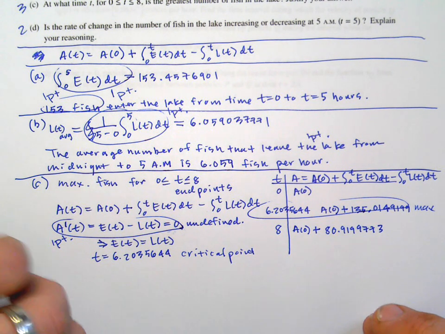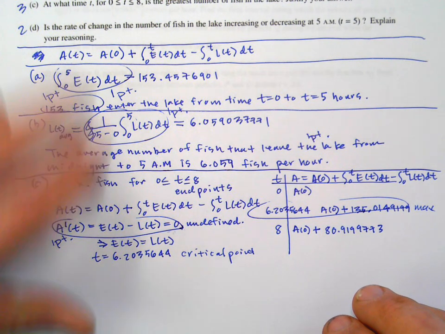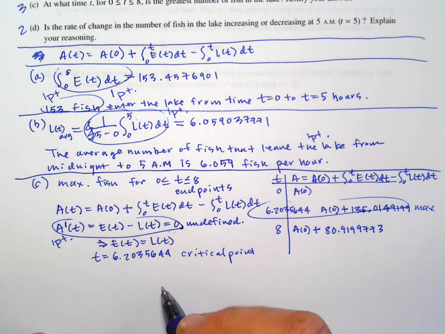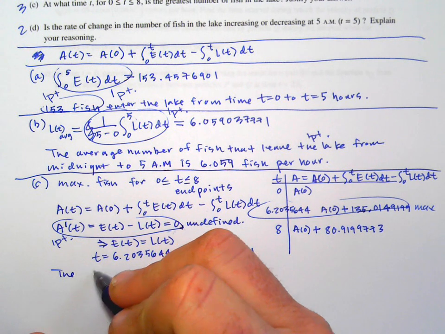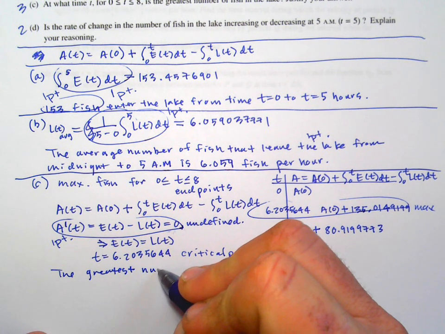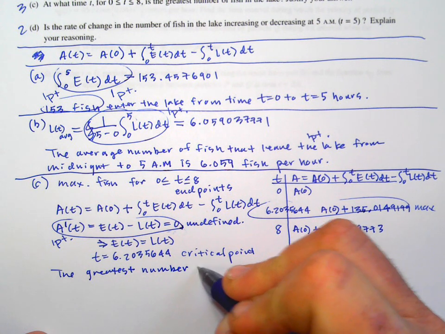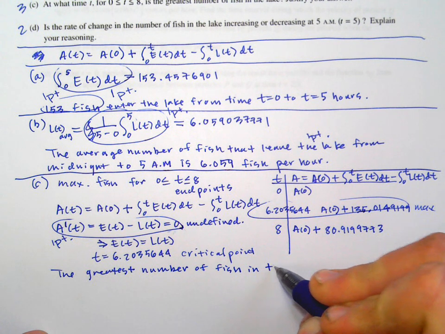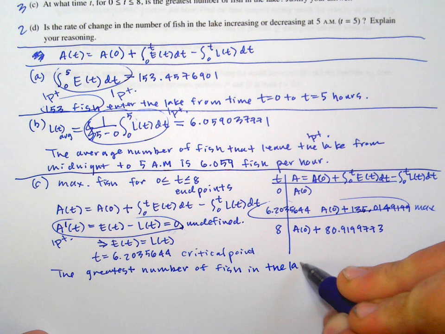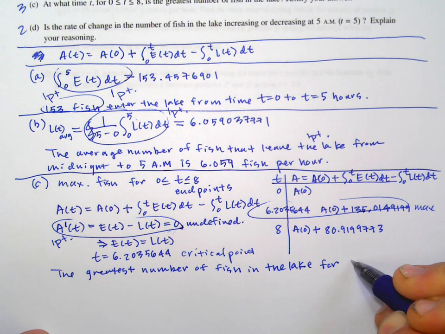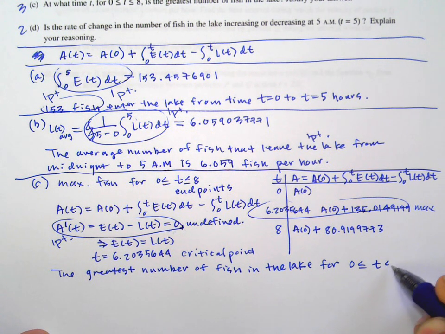But maybe I'll try and, we weren't trying to find the max, we're trying to find the time. But I'm always going to write my answers very thorough. So I'm going to say the greatest number of fish in the lake for times 0 to 8, because that's important, right? Hours, I'm going to put units in here,